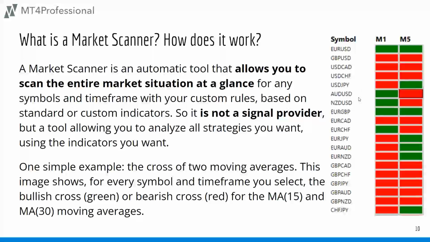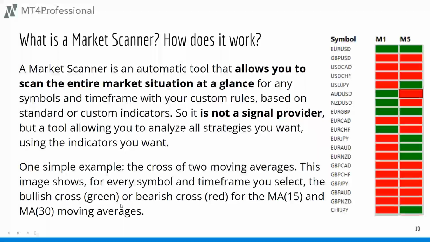If, however, this green stays and then I see the 5 minute change from a red to a green, I know that's initially changed as a bullish setup, and I see hard evidence of a reversal forming, and that also would be a great opportunity for an entry. So if I had a scanner that was scanning all of these symbols on these different time frames, looking for this type of bullish or bearish setup, that would be an extremely valuable tool. This example is showing that for every symbol that I select, I'm looking for a moving average cross.